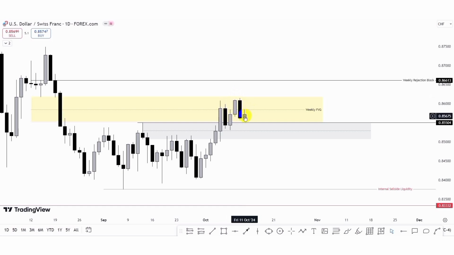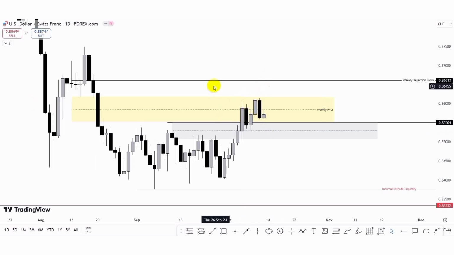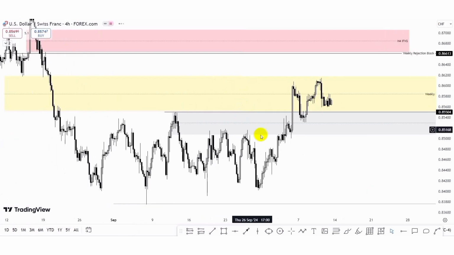So we could see the possibility of price falling further to the downside to take out this sell side liquidity, and then we have the push of price, since we see price close below the main threshold. So we could see more bearish move and then we frame a bullish move to the upside. So guys, let's actually look at the 4-hour time frame. So guys, this is the 4-hour time frame.